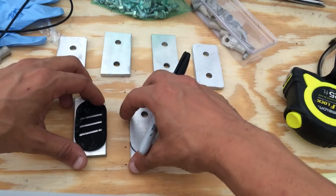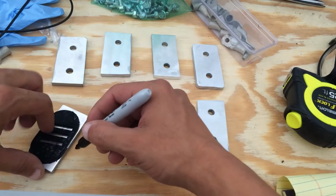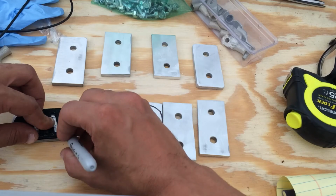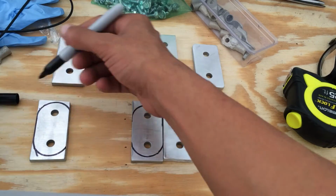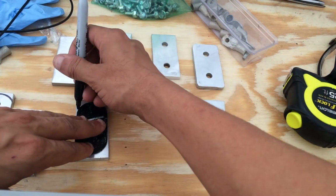So it just goes on like that, and take the Sharpie and mark it out. It's uneven on this side here. I may not necessarily do it, but cut that side because it's not that much. But yeah, so there we have that, and then I just cut the pattern out on the bandsaw. So, all right, let's